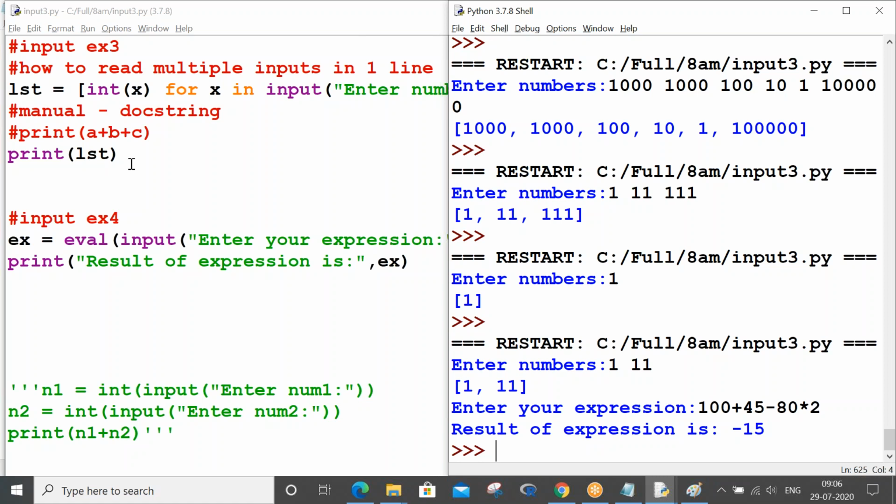So how is it doing it? It follows the precedence, the BODMAS rule we call it, right? First multiplication will happen, then addition, and then subtraction. You can google the BODMAS rule and you'll understand which has the highest priority. You must have studied it in C language also. So basically eval is a function which helps us in doing mathematical evaluation of expressions. So we can use input in eval. That's how it is.